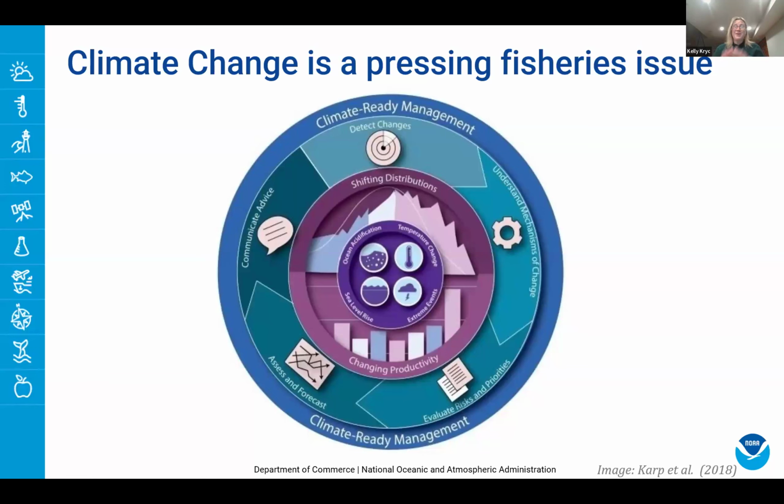I've been tasked with providing a high-level overview of climate change and the fisheries issues. And so this is just a high-level image to get us thinking about climate change and its impacts on fisheries. And it's in an embedded figure. And if you start in the middle, you can think about all of the impacts, including temperature change, extreme events,